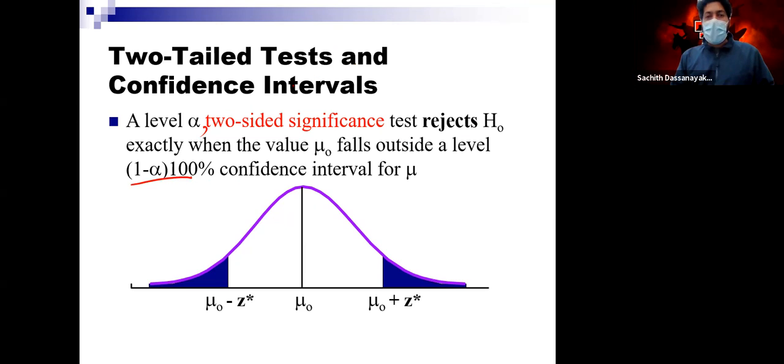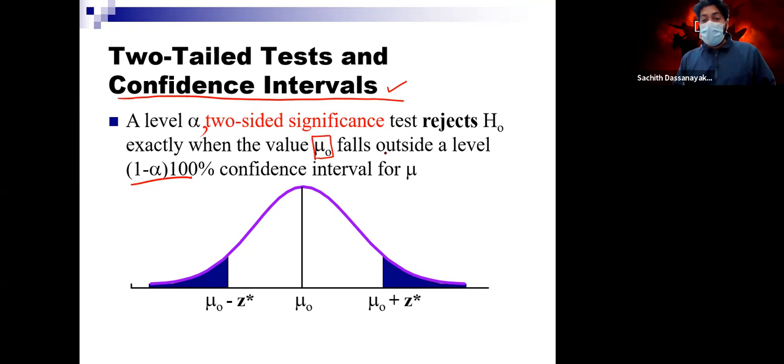Two-tail test and confidence interval. Do you remember this? Confidence interval in chapter 7. Let's check this one. Two-sided significance test: reject the null exactly when the mu naught, this is what they have given,